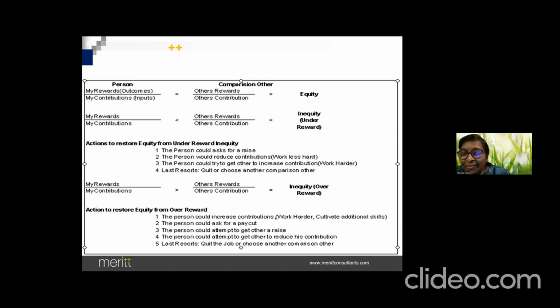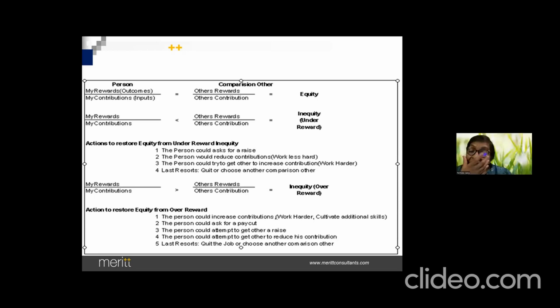Have you noticed it does happen like that many a time during the annual increment cycle? Many a time, whenever I was the HR head, they would come and say, the business has given this rank. Why did I get this much lesser salary? Why did he get more increment? Why did I get less increment? Right? Yes.